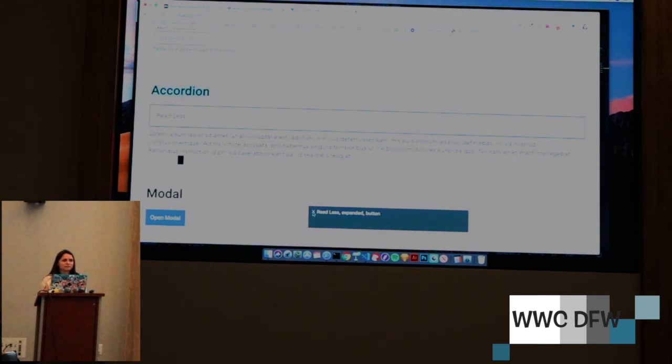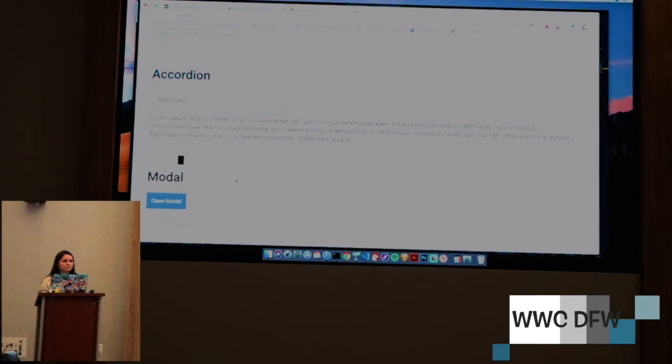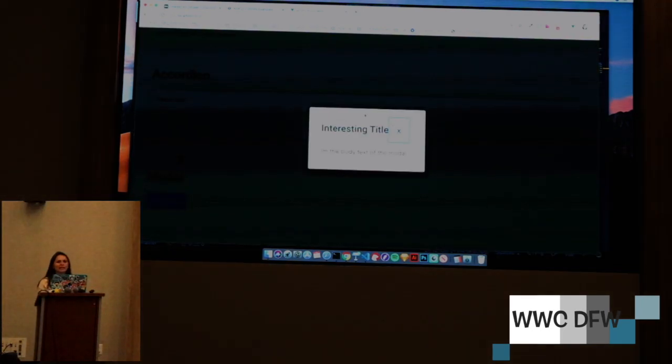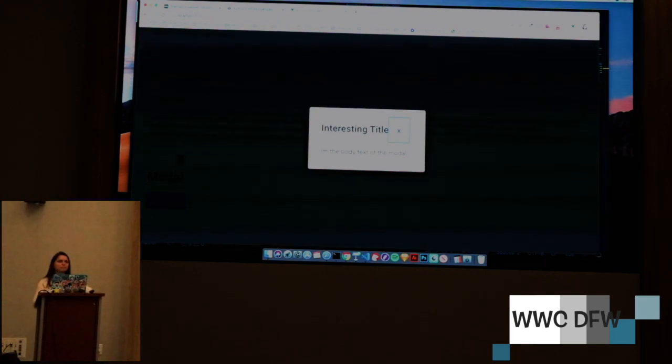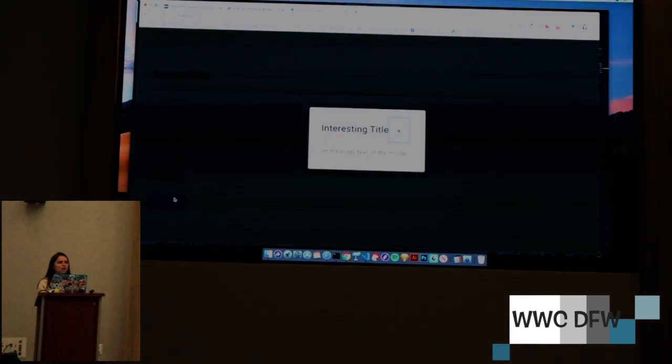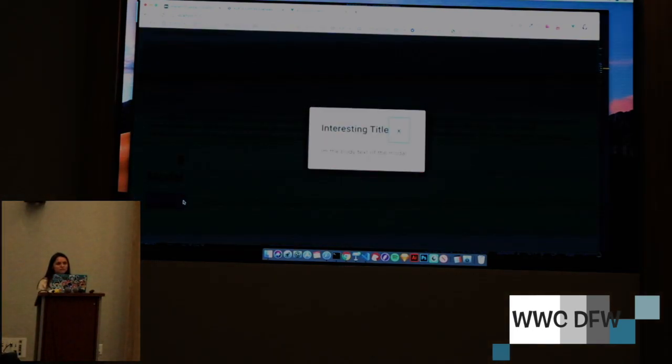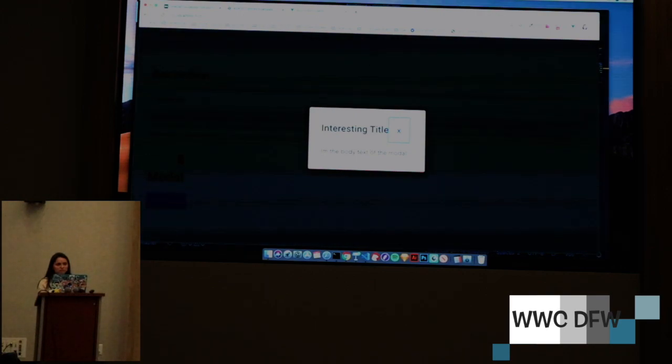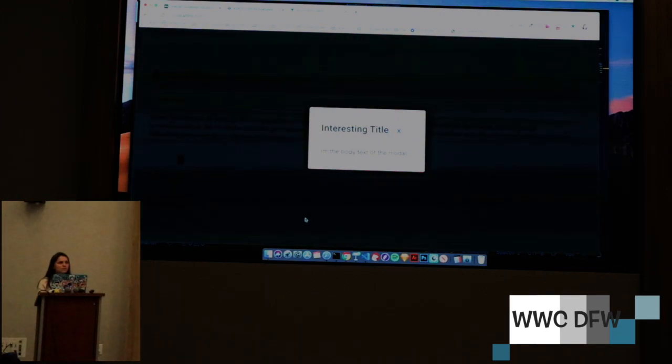So it's always, again, thinking about the experience of the user. And this modal example right here. So what happens when we open a modal? We click on an element, we get this new element on top, we close it. How can we let the user go from this button to this modal right here? So the best way to do that